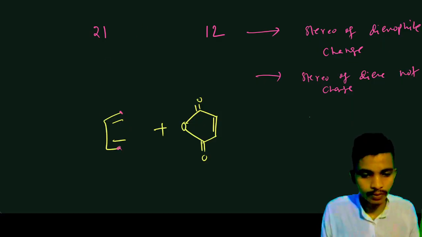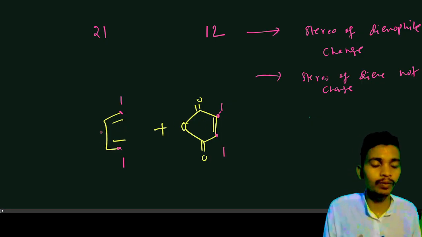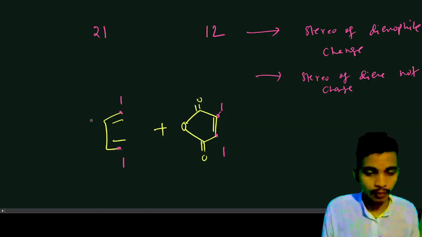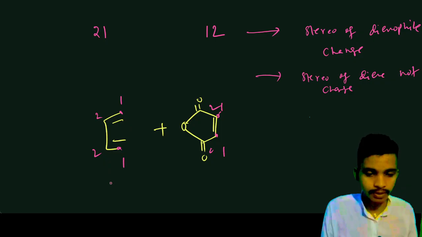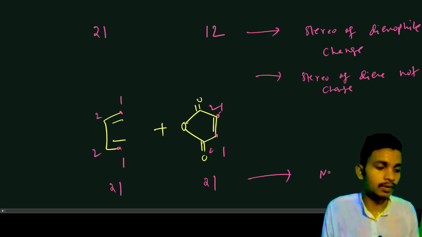This is one, this is one, and this is one, and this is one. These are the primary interactions, 1, 1, 1, 1, because these interactions are needed to make the bond. Then this is going to be 2, and this is 2, this is 2, this is 2. It means that this is 2-1, and this is also 2-1. So no change